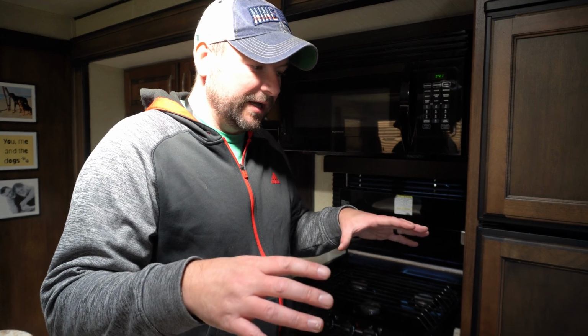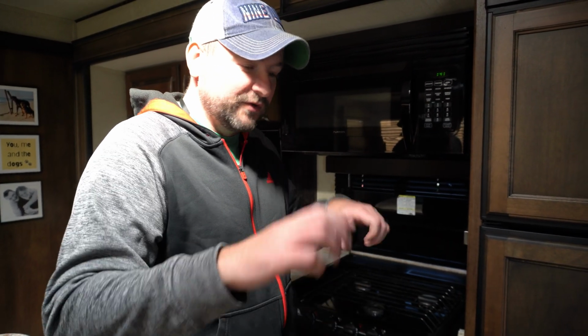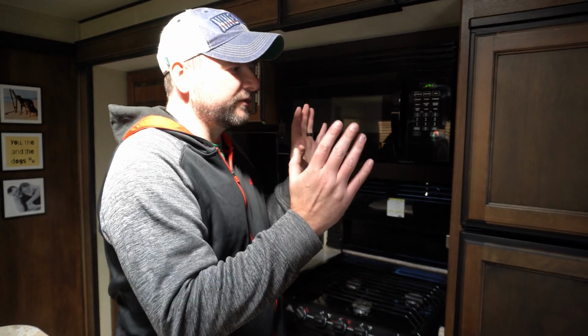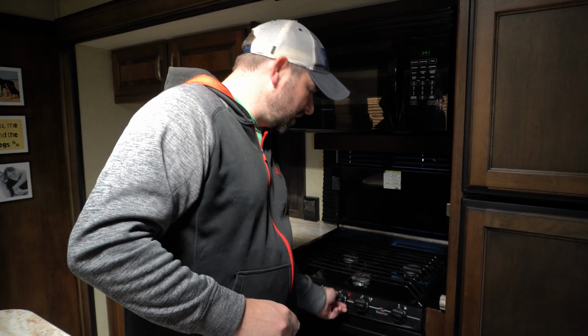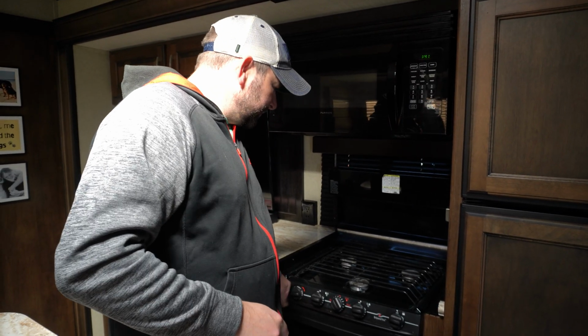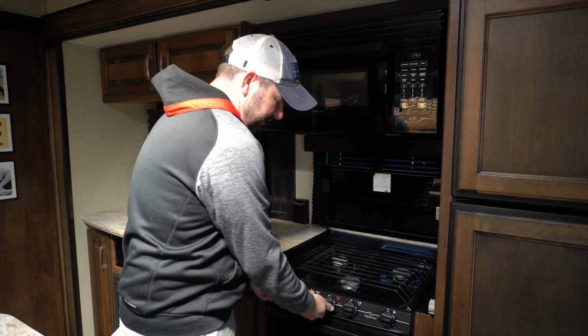So quick tip, whenever you're messing about with the propane lines, the propane leaks out of them and it fills up with air. So if you're messing about with the lines and then you turn the propane on, or you get your tanks refilled and then try and run the fridge or the furnace or the water heater, it's trying to turn those things on with air in the line, so you'll get some weird faults like a DSI fault or something. So the best thing to do is to just come up to your stovetop, light the stovetop, and you'll see it's not working. So it's trying to ignite